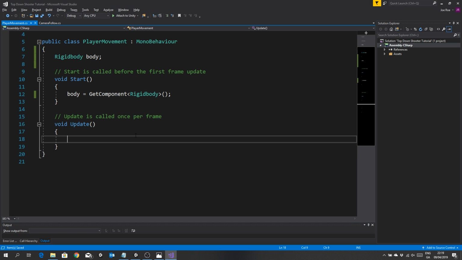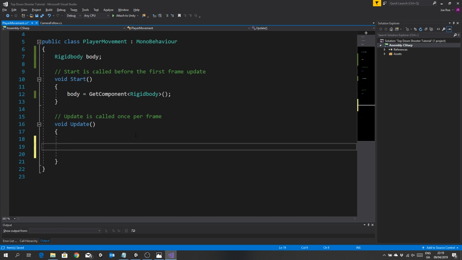For that to work, we need to create our own velocity, right? So once again, this is not your typical or standard or widely used script for moving things around. It's just an introduction to get you familiar with how rigid bodies work. I'm going to create a velocity and override the velocity, which is speed in a given direction, with our own